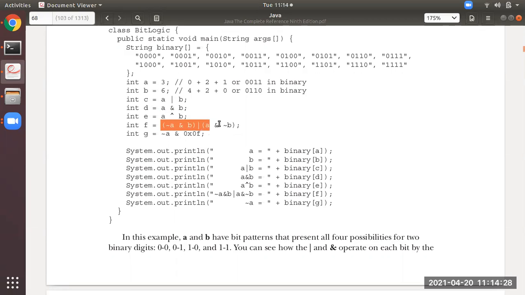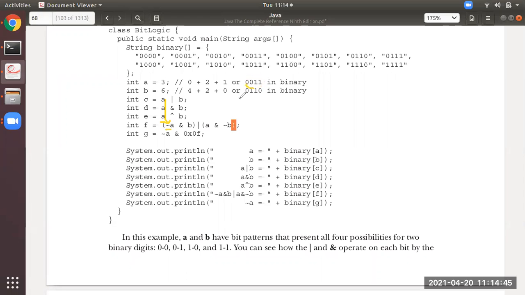Then F is nothing but, you all see here, it is going to perform this operation first: negation of A, meaning convert A to its negation, that is, convert zeros to ones and ones to zeros.